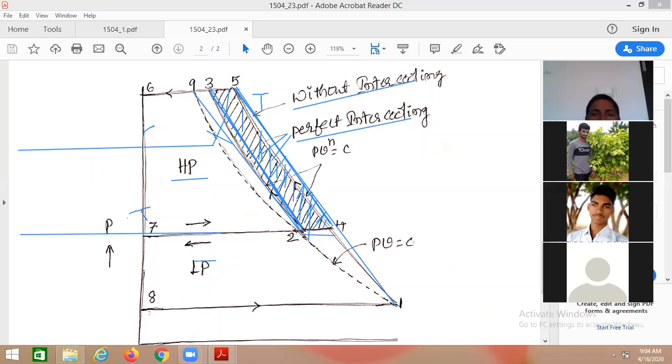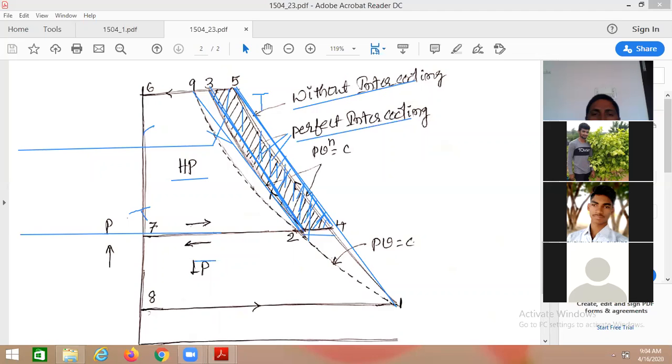This is not the P2, P1, P3. This is the inlet pressure or entry pressure to the LP cylinder. This is the exit pressure from the HP cylinder, or from the second cylinder. P2 square equal to P1 P3. Otherwise, P2 equal to root of P1 P3, where P1 is the inlet pressure to the inlet cylinder or LP cylinder, and P3 is the exit pressure from the second stage of the compressor.